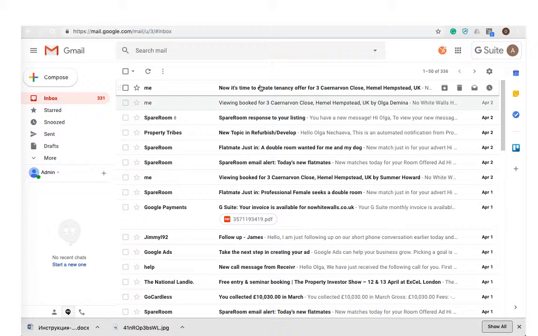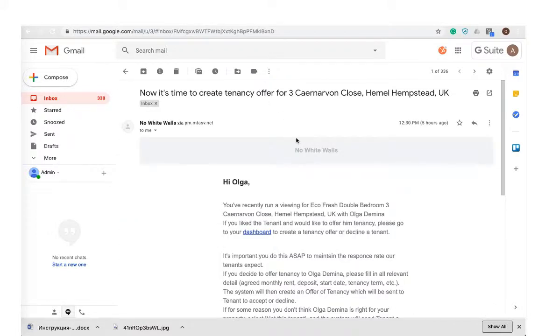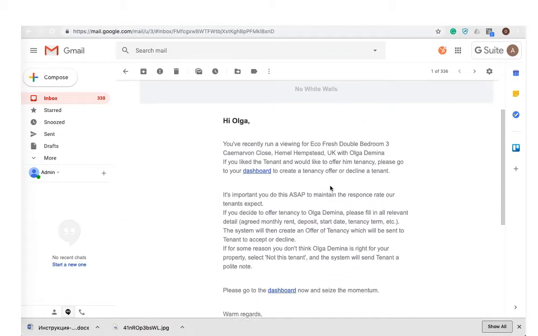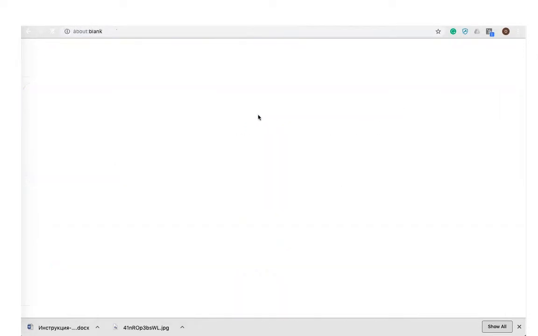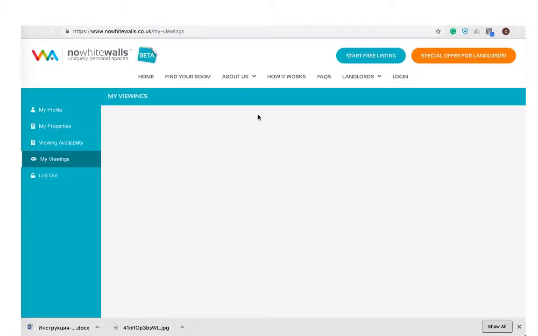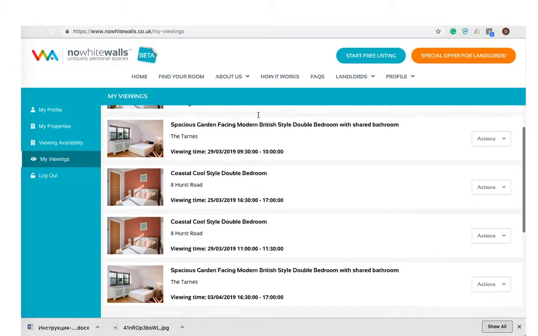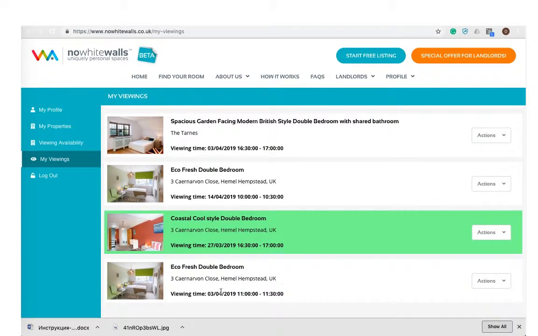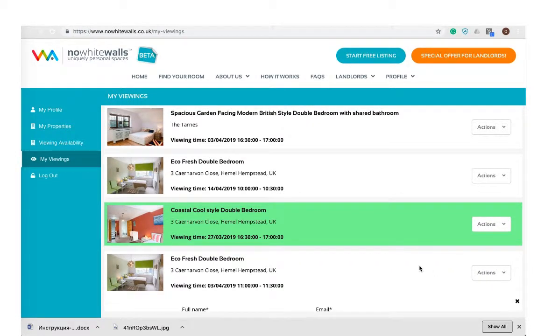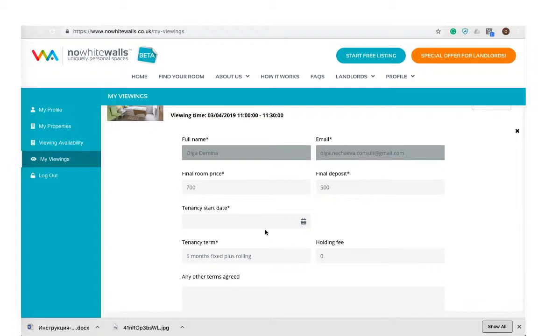Once the viewing has taken place, the system will prompt the landlord or agent to generate the tenancy offer. The link leads them back to their dashboard with all the viewings. If the tenancy offer is accepted, the viewings will be shown in green. We find our latest viewing, and there we can select to either offer tenancy if we liked the tenant, or not this tenant, in which case the system will send the tenant a polite note that the room is not